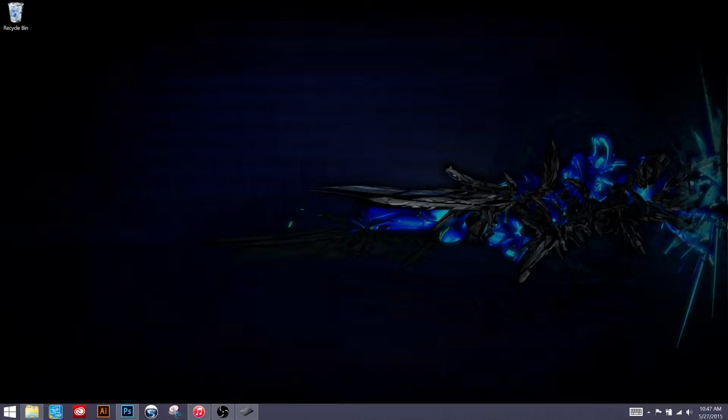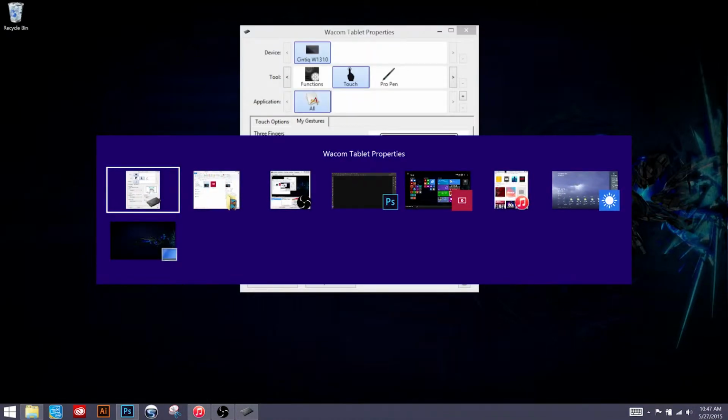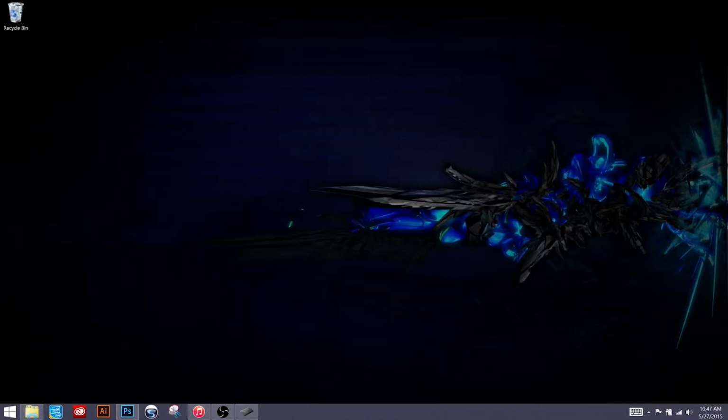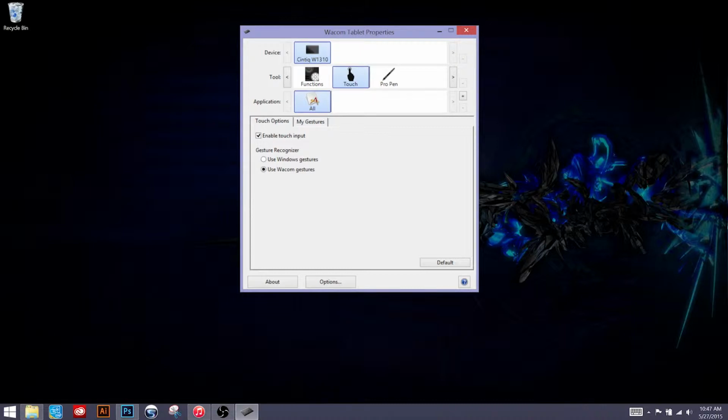So if we put 4 fingers on the screen and shift left and right a little bit, we'll bring up a quick navigation bar. As you can see, this is actually a custom function that Wacom provides you. So with the touch options, you can